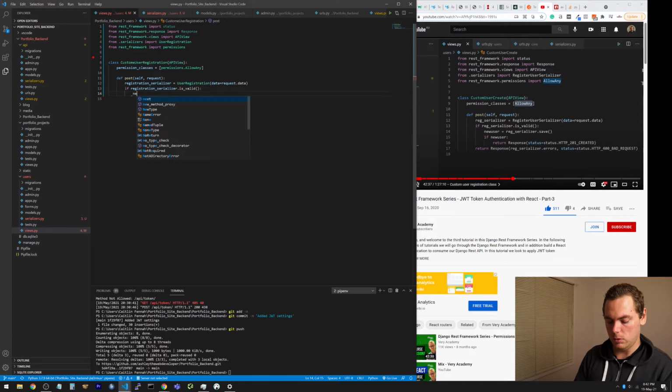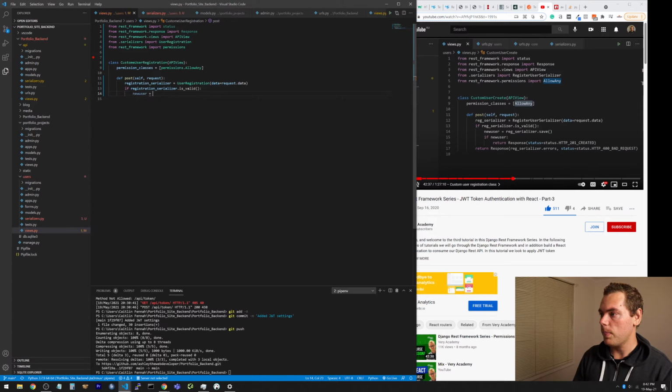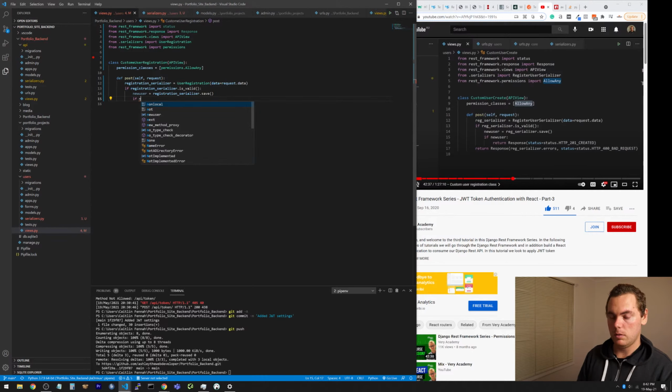So new user is equal to, when we save that, so it'll be registration serializer.save, call that, and then if new user is not empty,